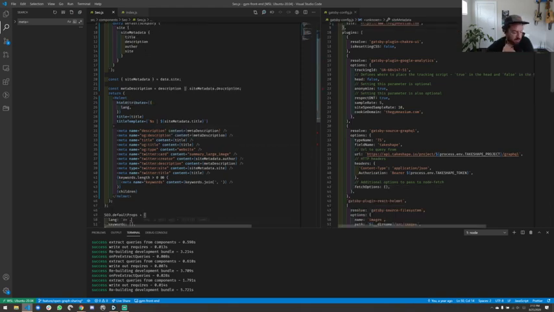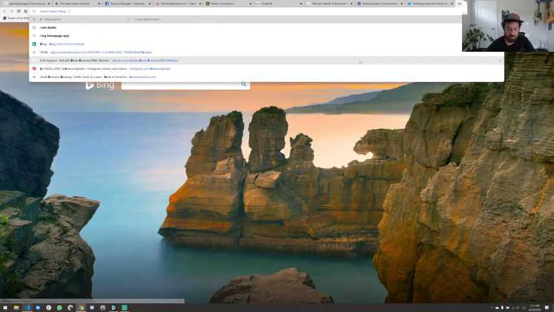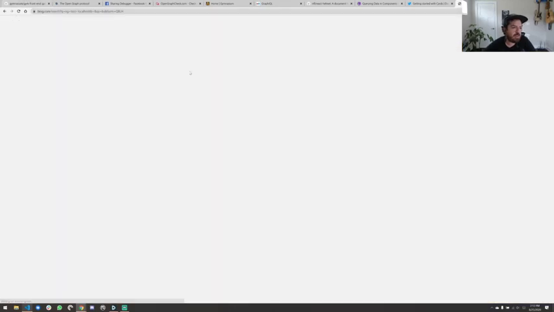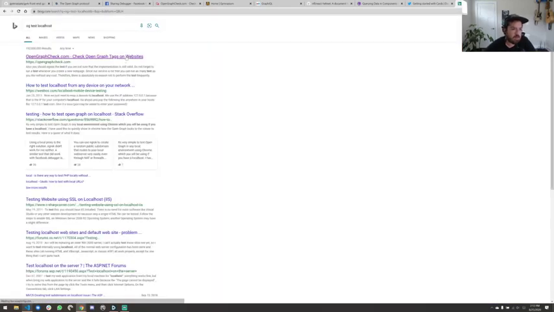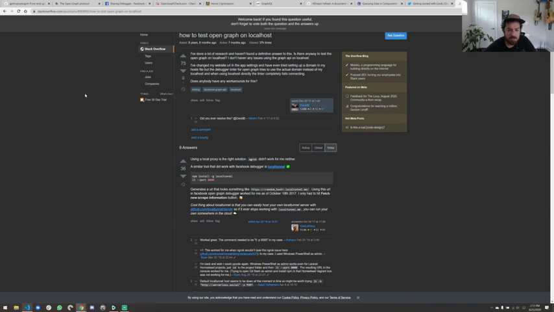All right, what are we thinking here? I'm a little bit perplexed. This might just be something that's inherently not super easy to test on localhost. OG test localhost. Oh, but there are other, well, there's not great ways to do that. Hey, let's take a look at Stack Overflow. Using a proxy is the right solution. Okay.